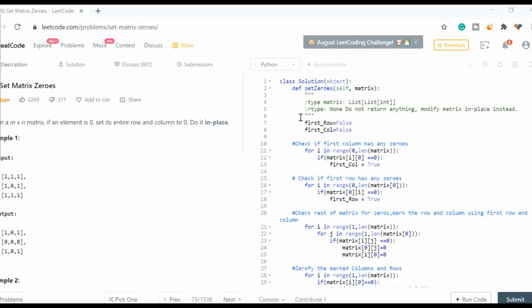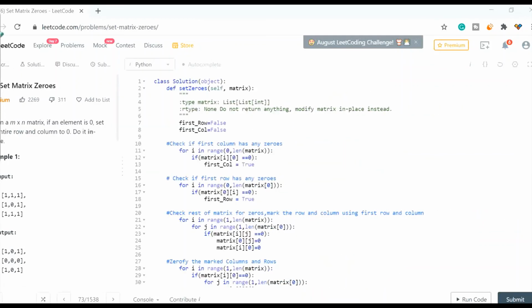So here I am on LeetCode. Firstly, I took the first row and first column variables and made both of them false. Then with the first step, I'll be checking the first column and first row, whether they have any 0 or not.